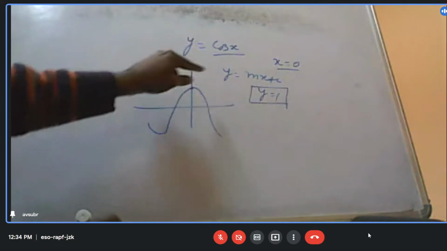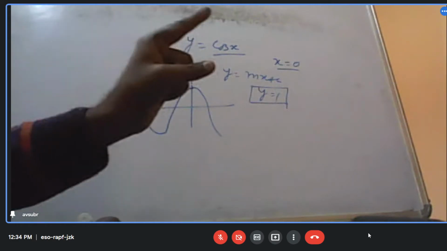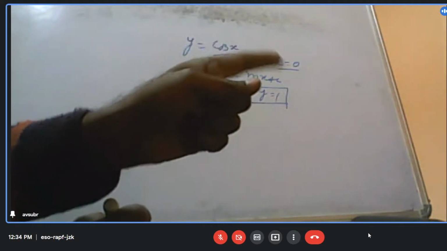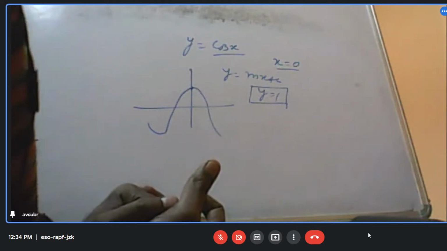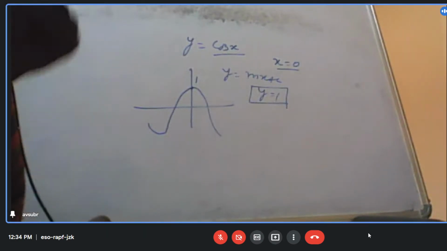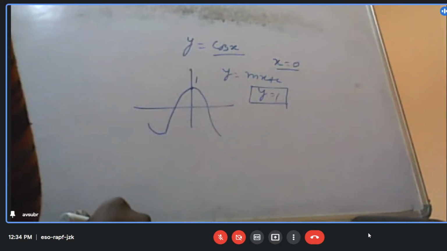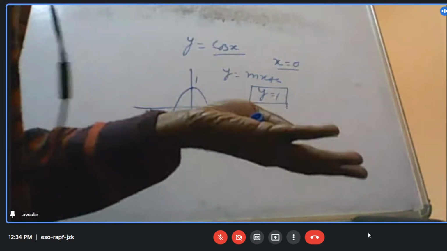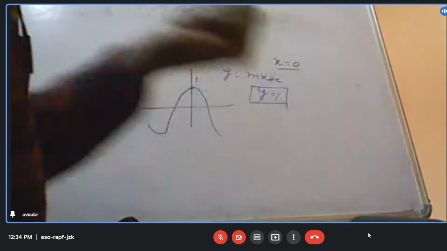So what was our assumption? That the value and the slope of the curve should match the cos x curve at x equal to 0. We wanted the same value because we know that at x equal to 0 the value of cos is 1. And also we want the slope, because if it gives you the correct slope at that point, we should be able to find out values of cos x away from x equal to 0.